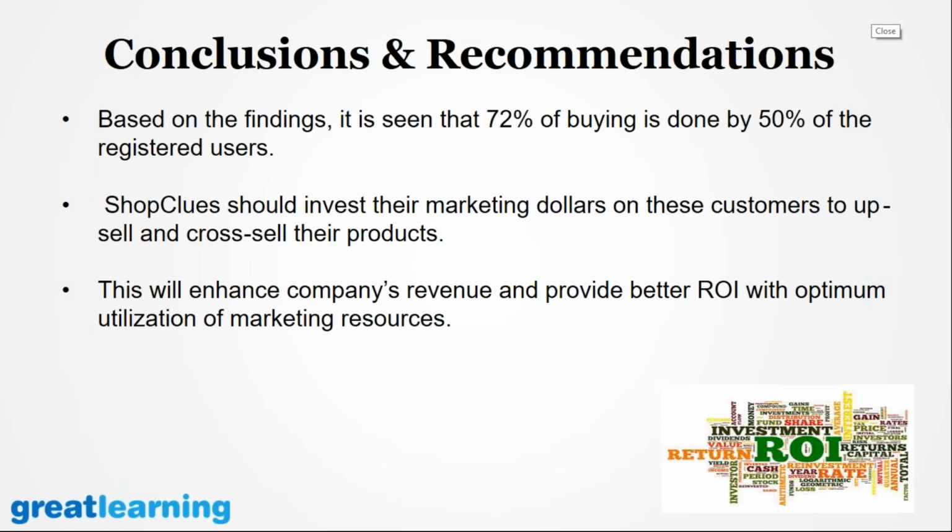So when you are getting 72% of the orders from 50% of the population, the rest of the customers are contributing just 28% towards your revenue. So you will target the above 50%. You will be able to upsell and cross-sell to these people because they are highly likely to buy. And by cross-selling and upselling to these people, you don't have to market too much. You do not have to provide too many incentives, thereby increasing your return on investment. So that was the conclusion of this study.